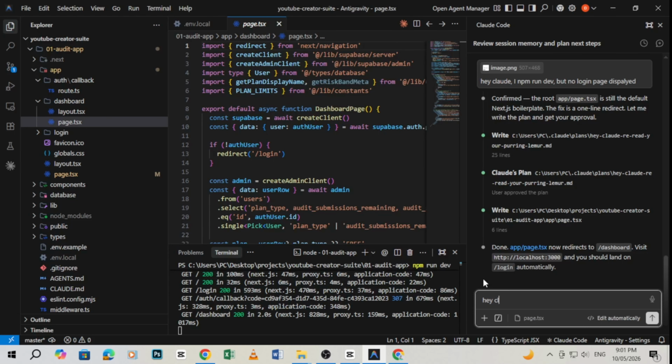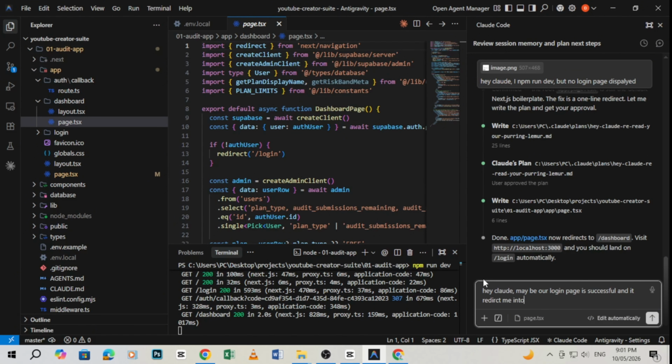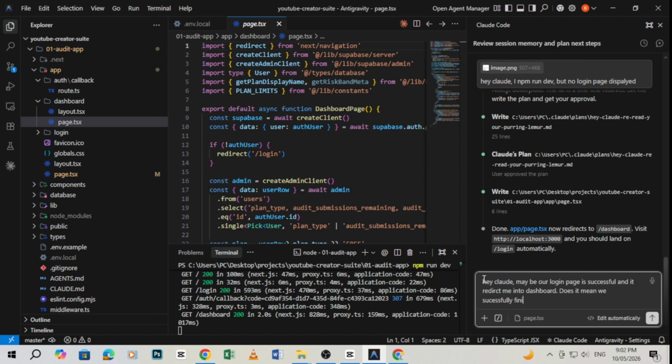I'll tell Claude that we've successfully reached the dashboard and are ready for phase 3. Hi Claude, I've logged in successfully and it redirected me to the dashboard. This means we have finished phase 2 and are ready for phase 3, right? I'll screenshot the dashboard for Claude to verify